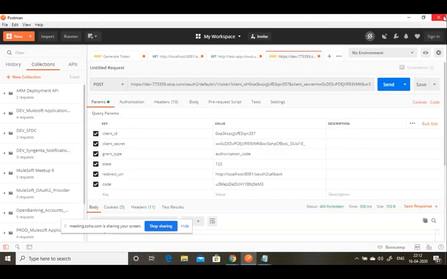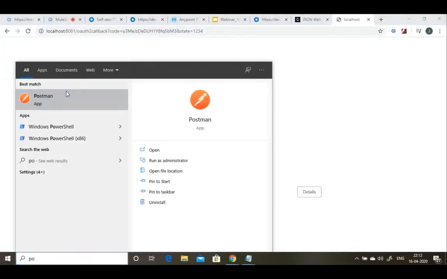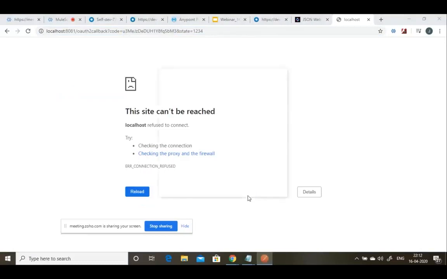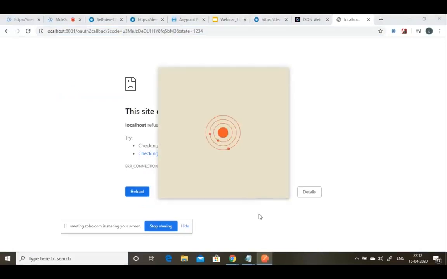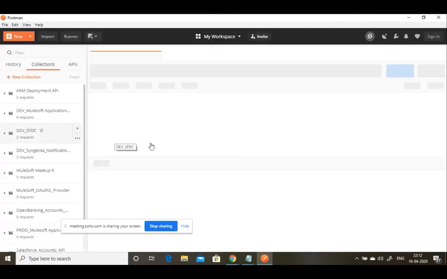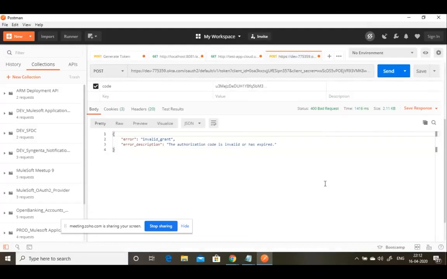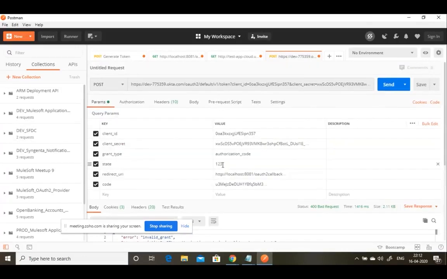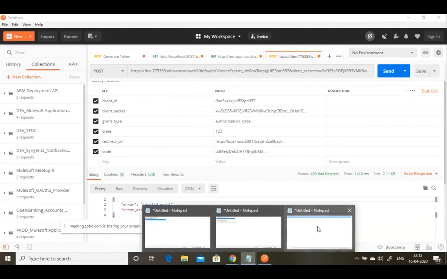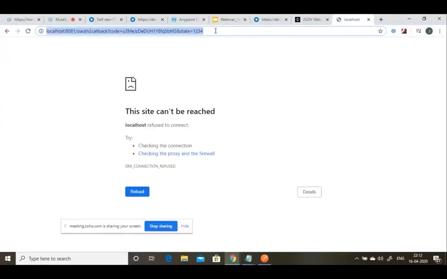Okay, let me close this Postman. There is some issue with my Postman, so it caches some data. That's why. Let me close and open it once again. Okay, send the request. So the authorization code, okay, the authorization code is expired. That is the correct error. So I need to generate it again, because it just